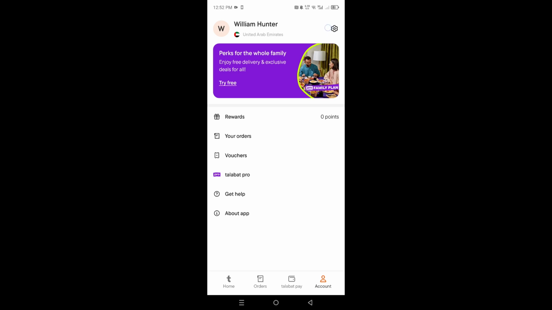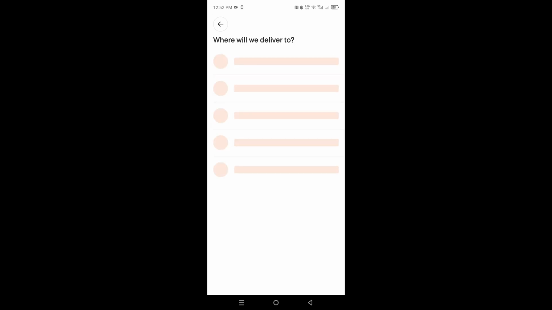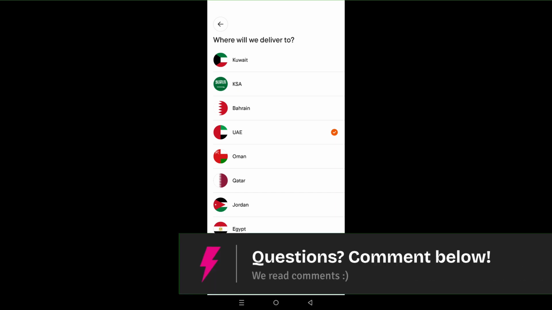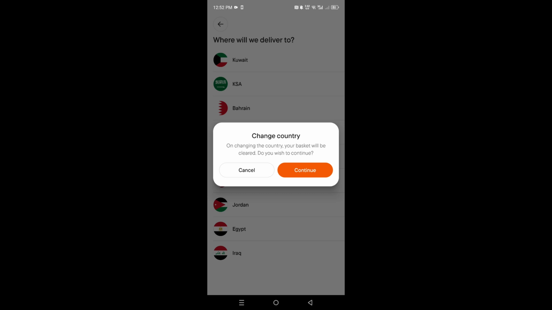here come to the top right and click on this gear cog. It will take you to your settings and you can go ahead and change your country and you can change your saved address while you're trying to change your location. So to change country, just tap here on country. You'll see all the different countries where Talabat is supported, and you can easily pick another country and then click